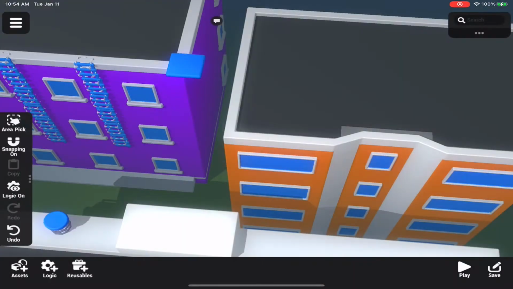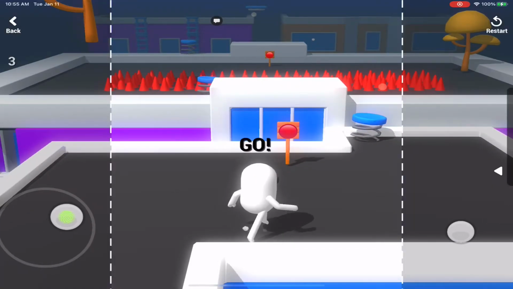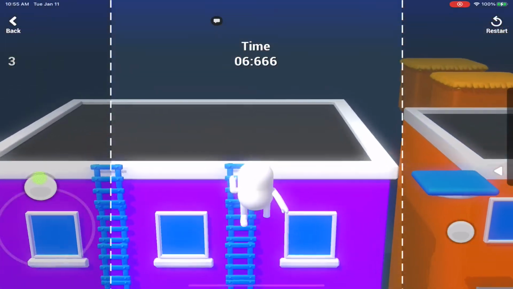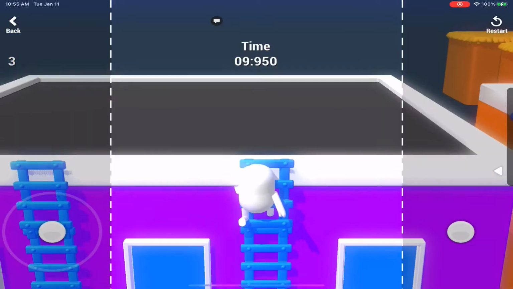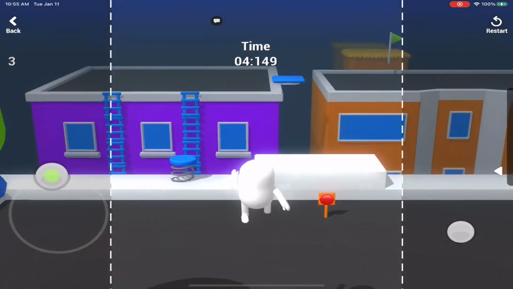Looking good. I think we can actually move this building back more. And I'm going to test the jump again just because I like to over test everything. You can jump in the air, but most players won't know that. And that looks great. We'll set it so if the player hits the bottom, they get a game over or